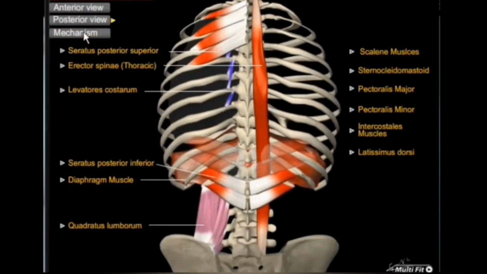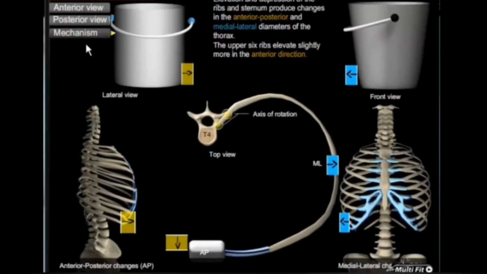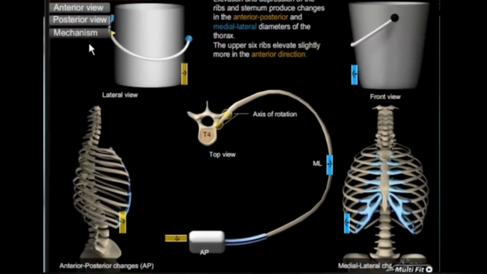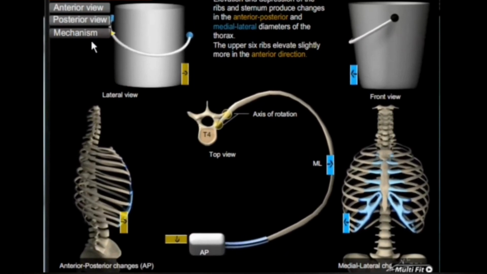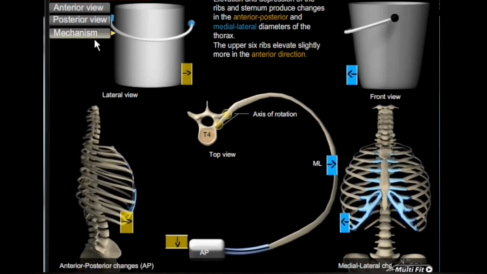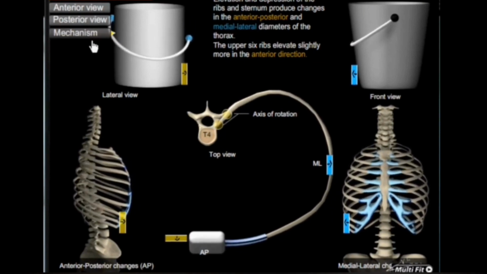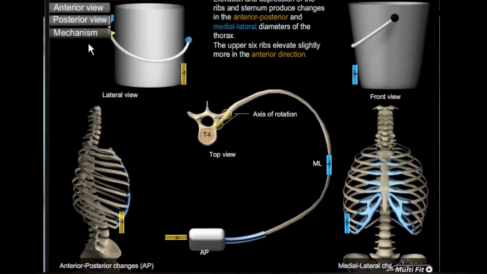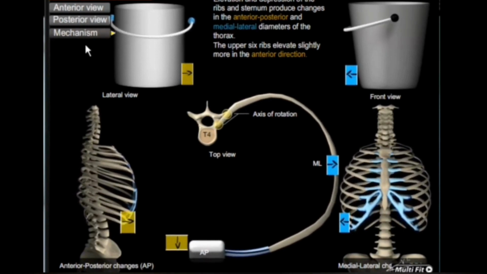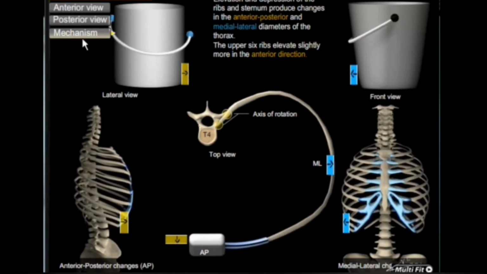The mechanical elevation and depression of the ribs and sternum produce changes in the anterior-posterior and medial-lateral diameters of the thorax. Now, the upper 6 ribs elevate slightly more in the anterior direction. Here in this animation, we can watch the rib movement in all directions, and it's easy to compare the rib